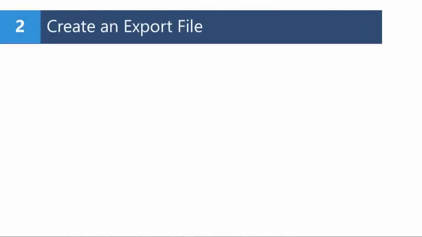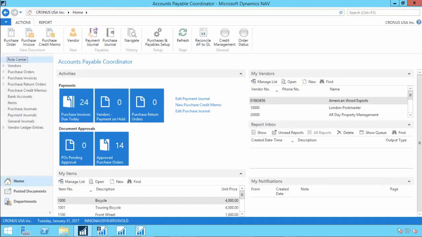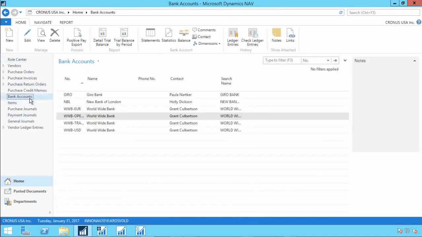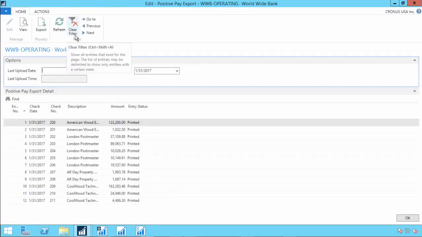Our next step will be to create an export file. The Positive Pay export action is available on the bank accounts list as well as on the bank account card. The last upload date will show the last time you created an export file. We haven't done one yet. And the cutoff upload date will allow you to filter the payments you are including in the file you send